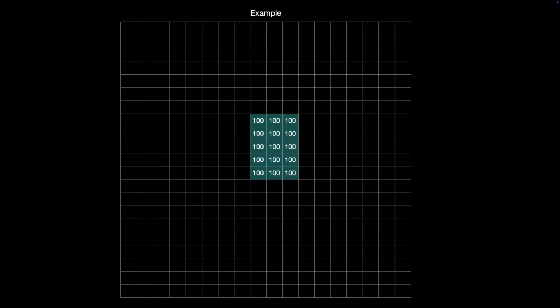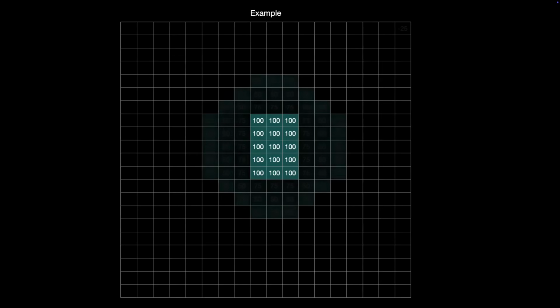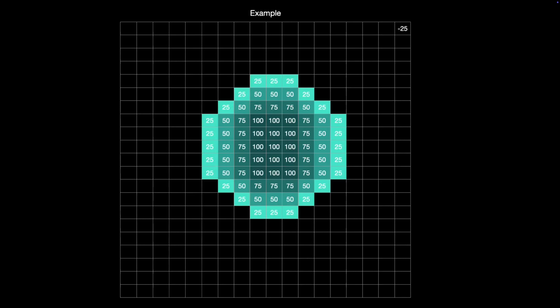Zero is no pollution. So let's pretend this building is making pollution. Now, what would happen is, the pollution obviously in real life does not just stay on the building itself, it will radiate outwards like this. And there's a very simple mathematical equation going on here. Essentially, the center,